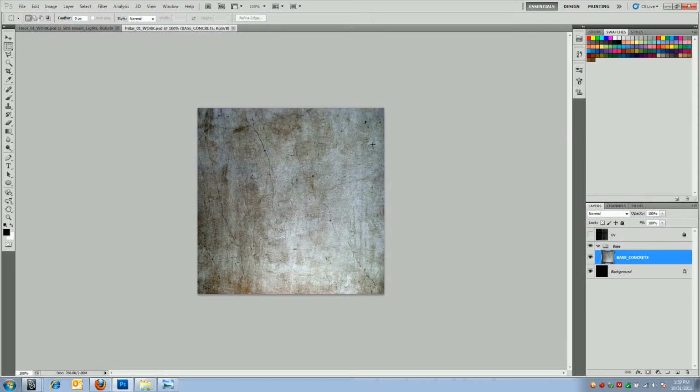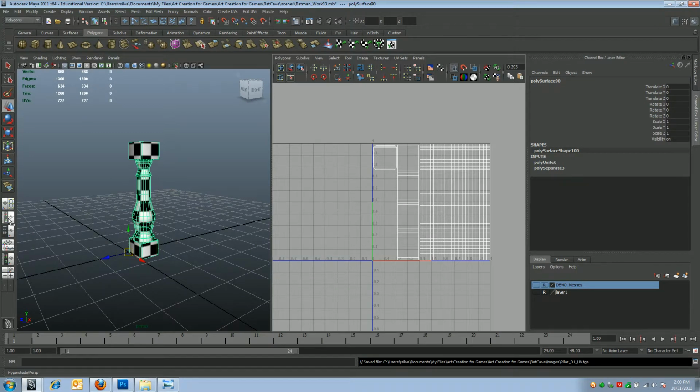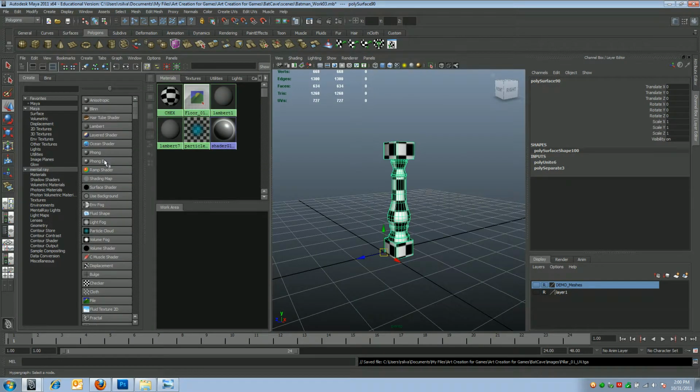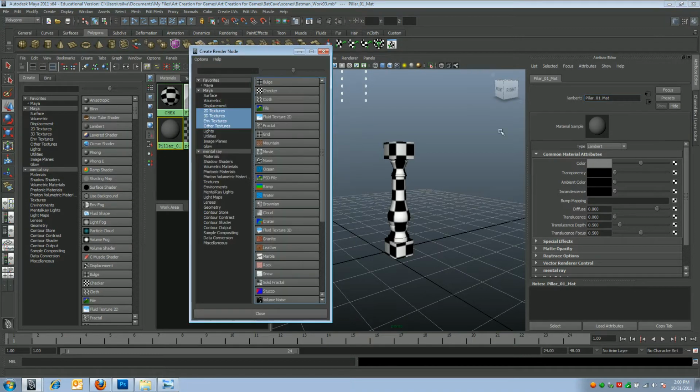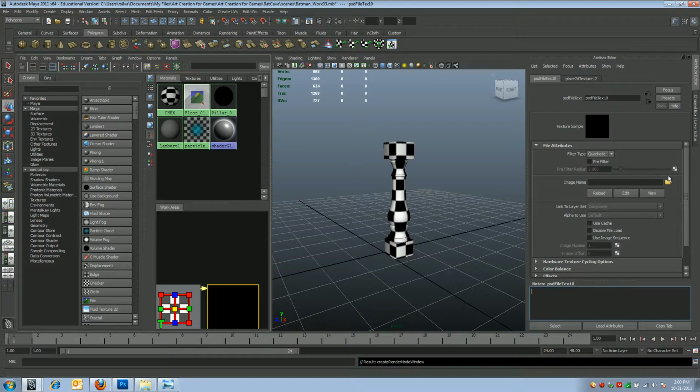And again, please keep this in your assets file, organized accordingly. And let's go and make a new shader. Let's go to Lambert. Again, a new Lambert. Lambert 7, fine. Go to Control A. I'm going to call this pillar 01 matte. And we're going to apply a PSD to this color node. So hit the color node, wait for the create render node to pop up, hit PSD file, and